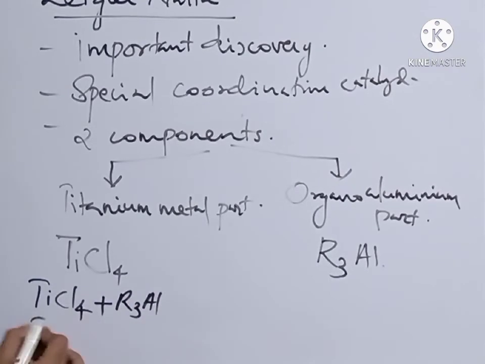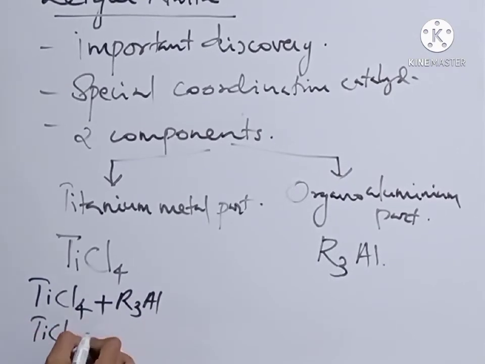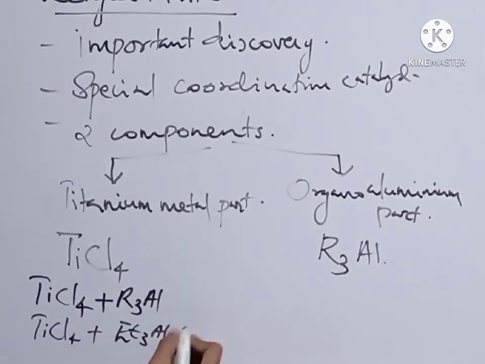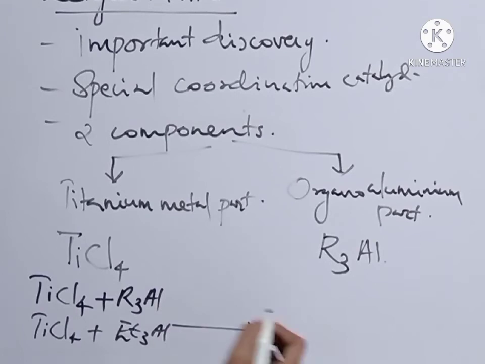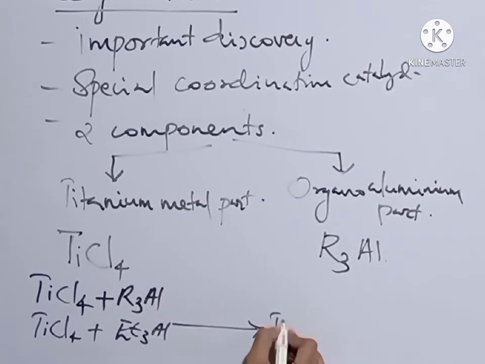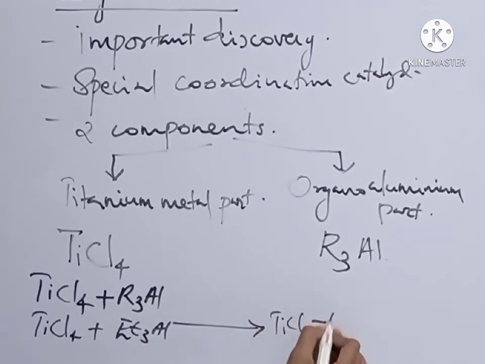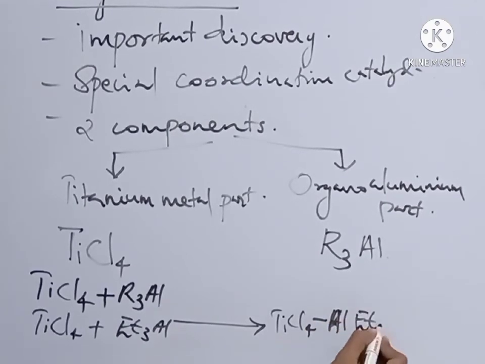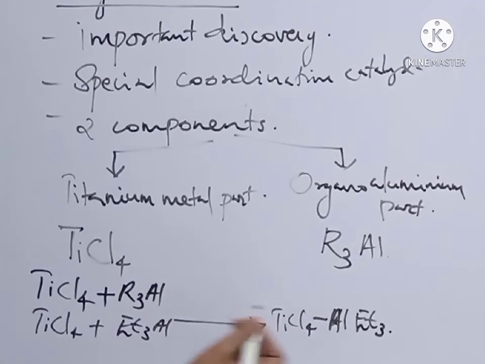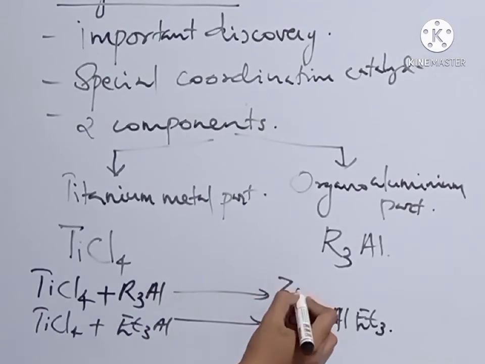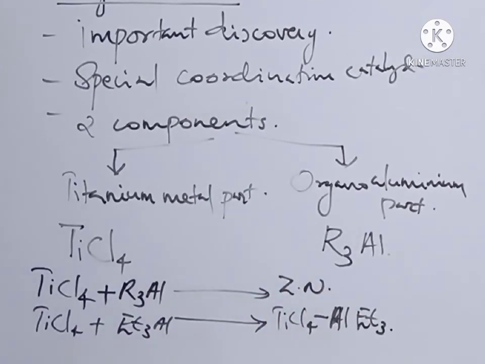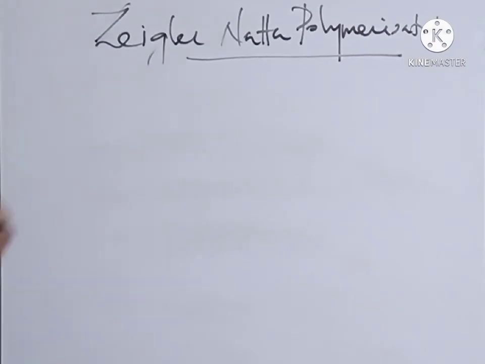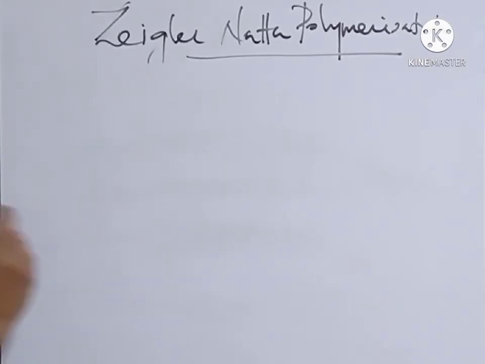For example, if you react titanium chloride with triethyl aluminium, the Ziegler-Natta catalyst formed is TiCl4 Al Et thrice. So, this is the Ziegler-Natta catalyst. And if we draw the structure of the Ziegler-Natta catalyst,